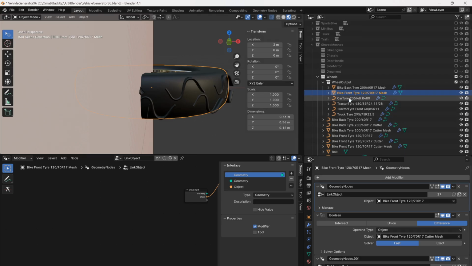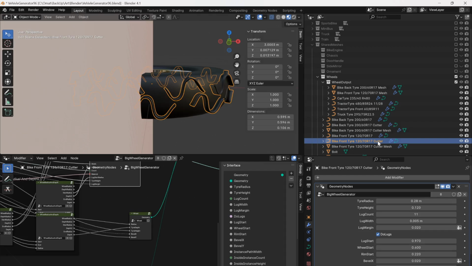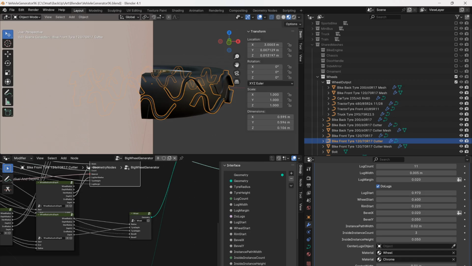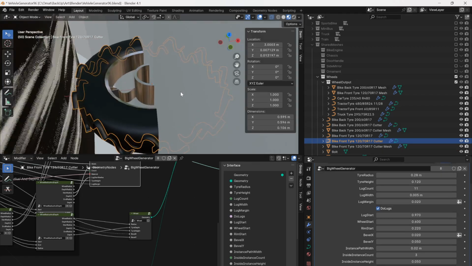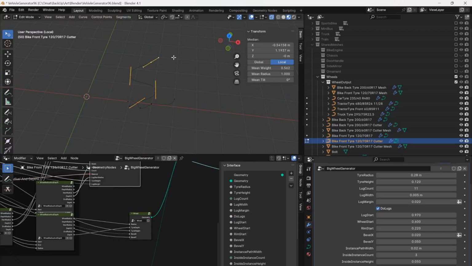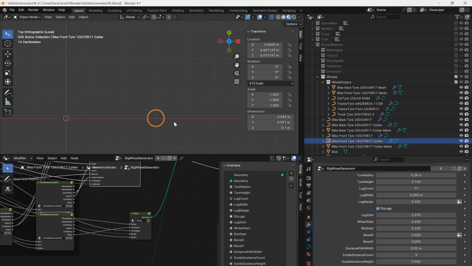So there needs to be the bike front tire cutter first of all, which is this one, and this only does the lugs. There's no option to do the tire and the lugs, so this does only the lugs part, and it has this shape in there, and changing this shape will obviously affect these lugs,